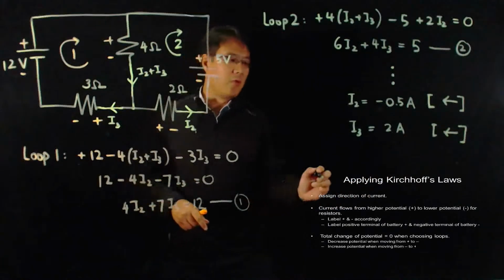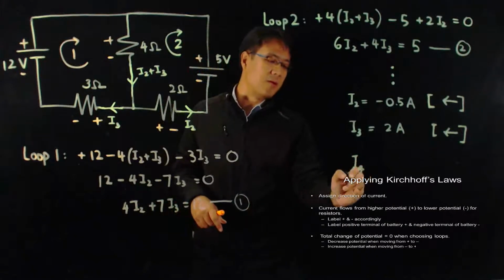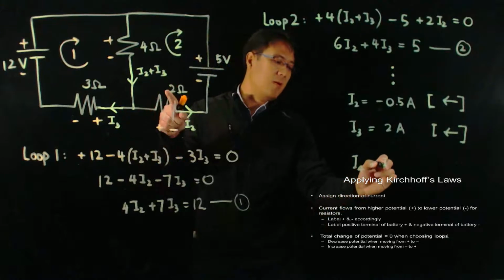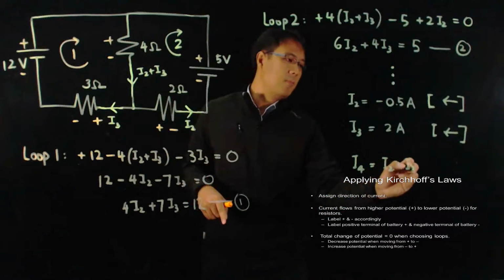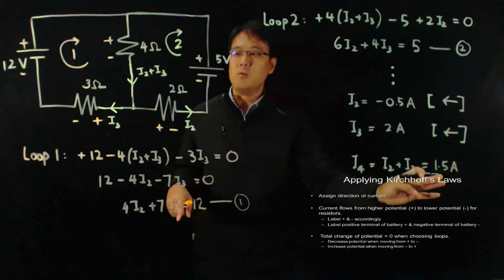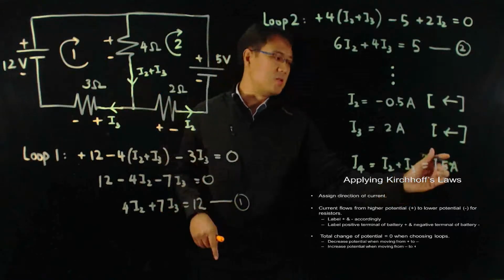Now, how about the current flowing through the resistor I4? Let's call it I4. We identified it earlier as the sum of I2 plus I3. So I2 plus I3 will give us 1.5 amperes. This is a positive value, so our initial choice of direction is